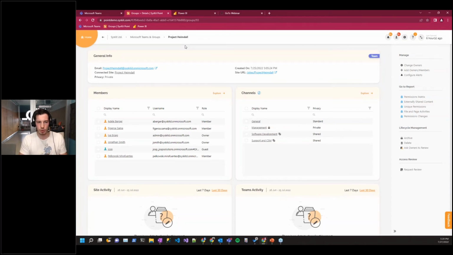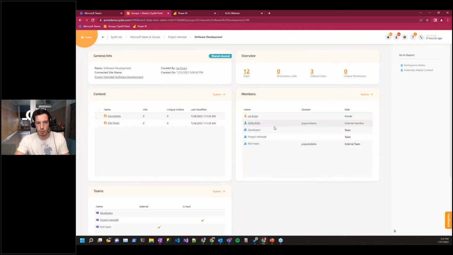And as such, you might want in this team to invite people from software development who will be responsible for developing the tool. Maybe some support and CSM people, whose task is to offer support and customer success management to your customers. So it might make sense to create a shared channel for those groups of people outside of this team and give them a workspace where they can collaborate together, maybe with some other